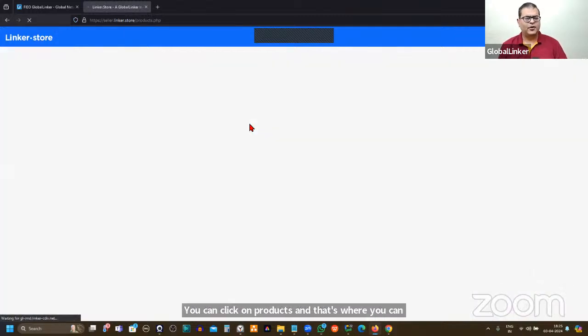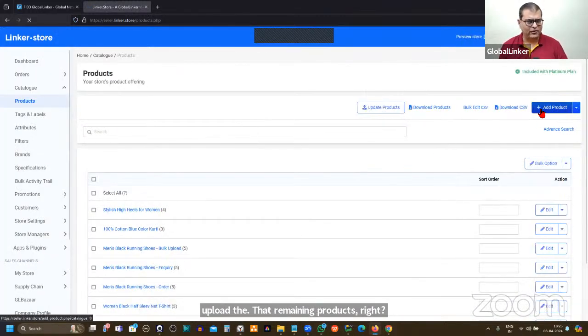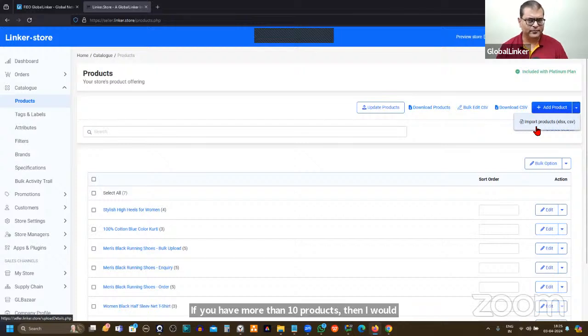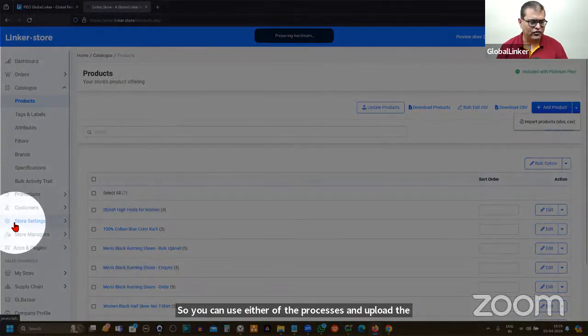So you can upload the products either manually, one product at a time. So if you don't have a very large catalog, if you have less than 10 products, then you can use this. If you have more than 10 products, then I would recommend that you use the bulk upload process. That will be time saving, at least for you. So you can use either of the processes and upload the product. Once you have uploaded the product, then you can go to store settings, which is here in the left navigation,